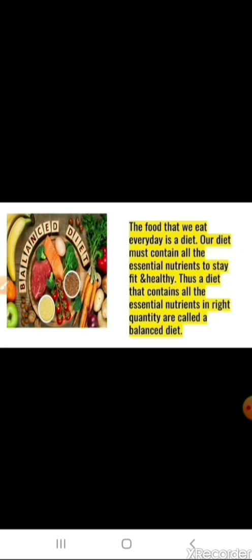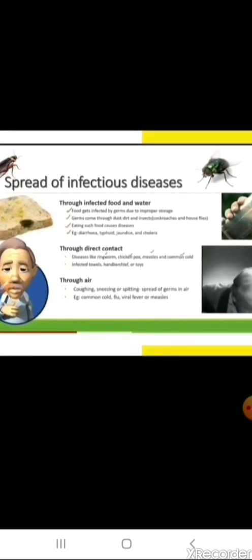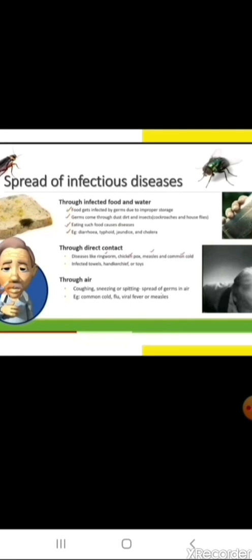Now, how these diseases are transmitted, means how these diseases are spread. There are mainly three ways how these infectious diseases spread or are transmitted. First one is through infected food or water. Second, through direct contact. Third, through air. When an infected person sneezes or coughs, the droplets containing the disease germs might spread in air,